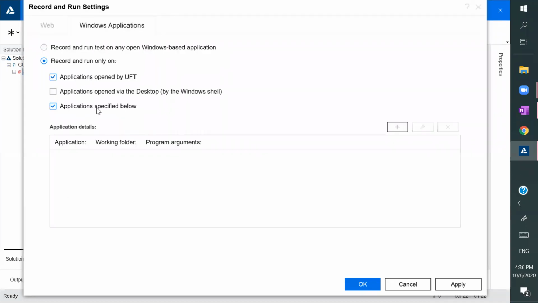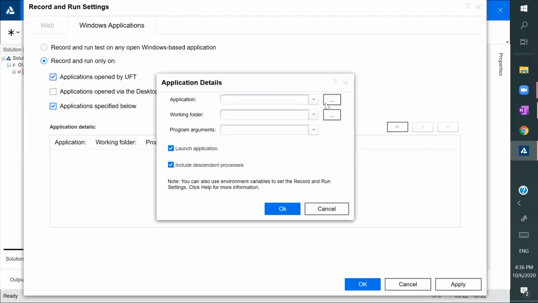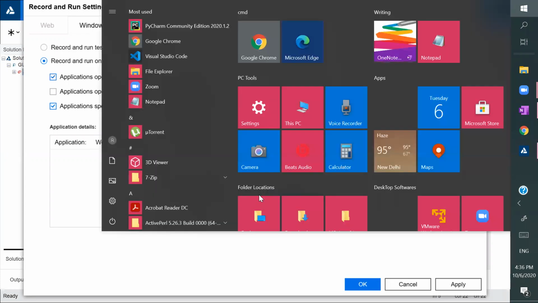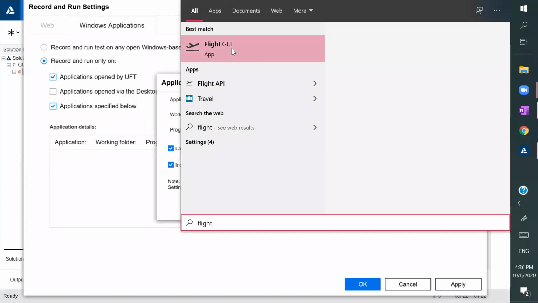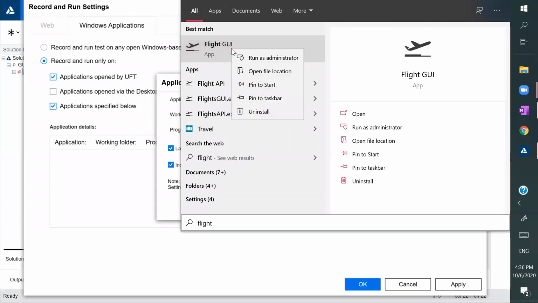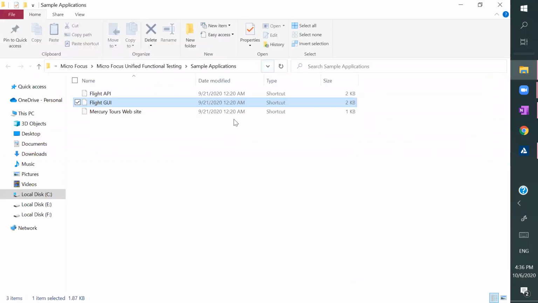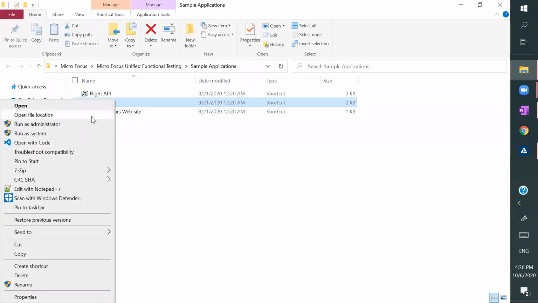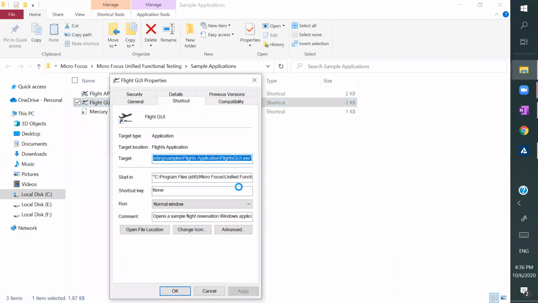I wanted to show you how UFT is going to open the application, right? Here you have to specify the path of that application, then only it can open that particular application. So what is the path of that Flight GUI application? You can right-click and open file location. I've given that. So this is the file location, Flight GUI. Is it still a shortcut? No, it is not a shortcut. Yes, I've copied it,